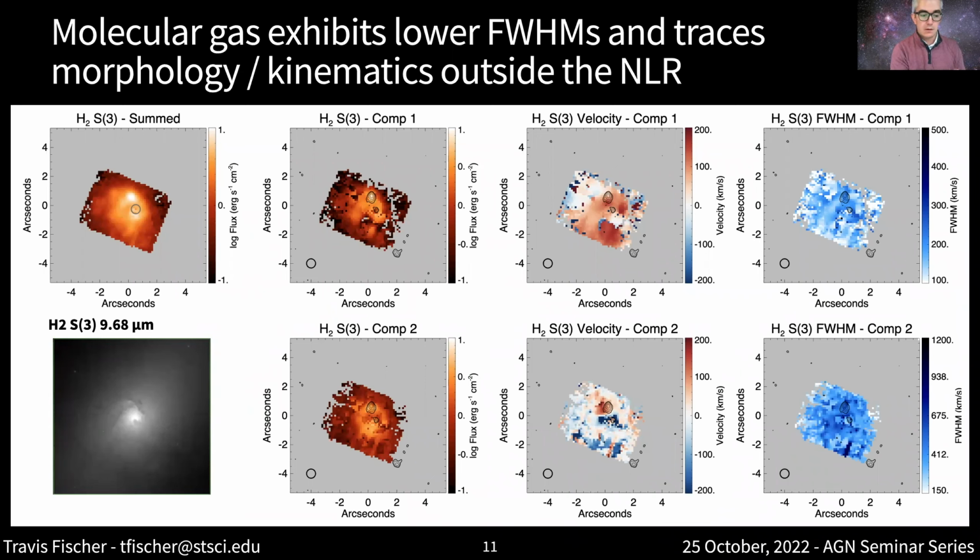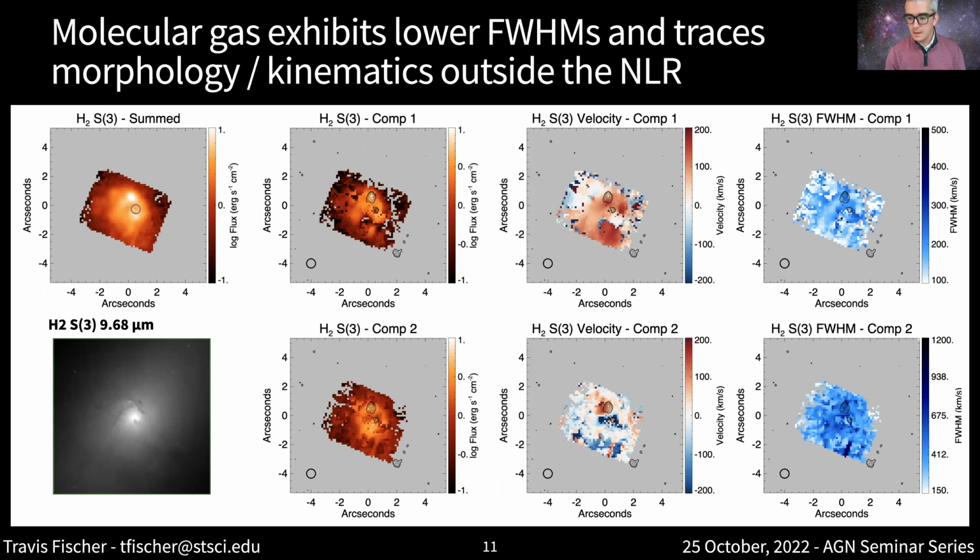So the reservoir that you're seeing wasn't sculpted or pushed by a radio jet or anything and put out there to what we're seeing today. It was there before the AGN turned on, because you can trace smooth kinematics across the structure, from inside and outside where the narrow line region is. So this just shows that the structure that we're seeing is this skin of these dust lanes that we're tracing in the